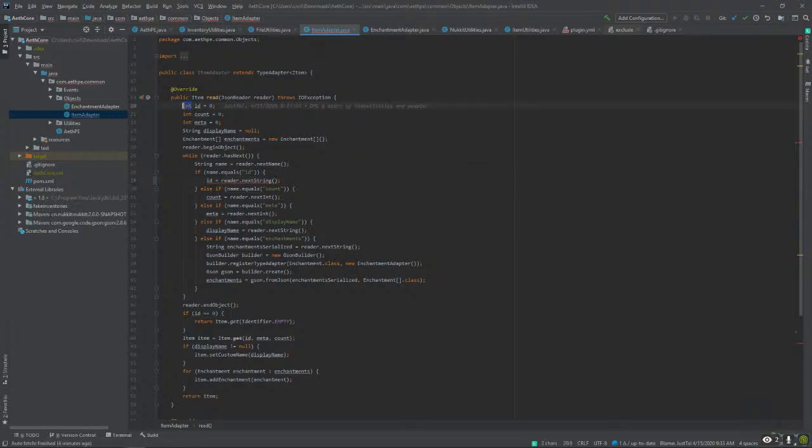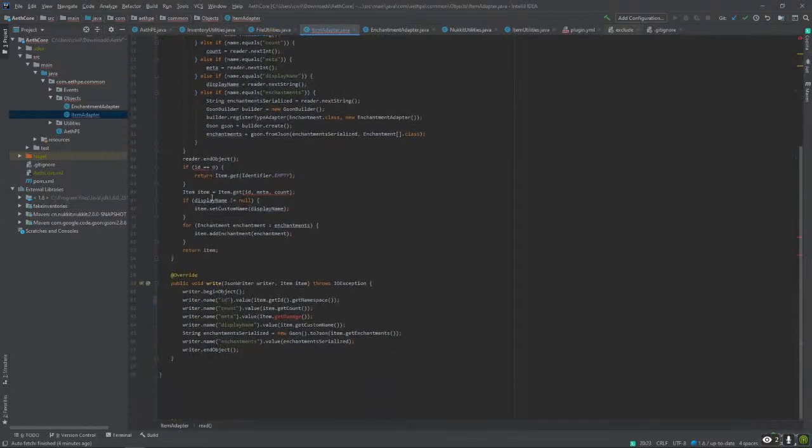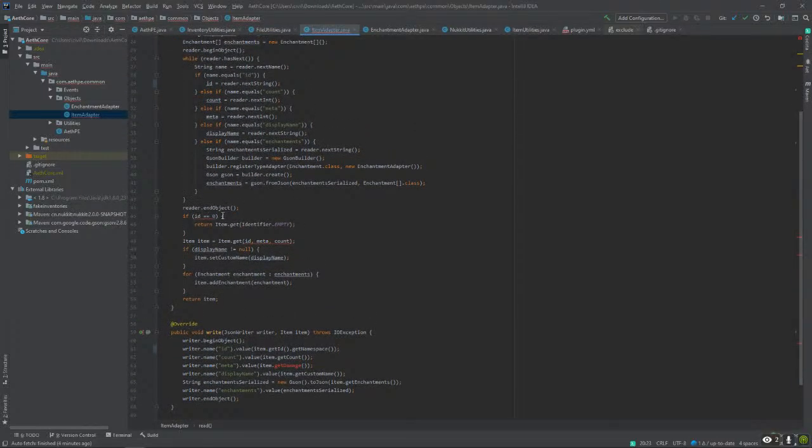String ID is equal to that, and then item. So if it's empty, I gotta set the language level up higher.